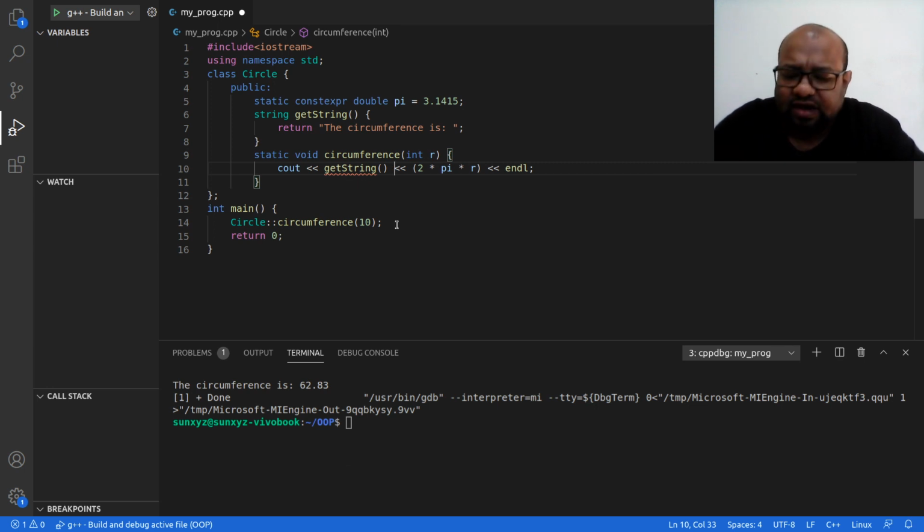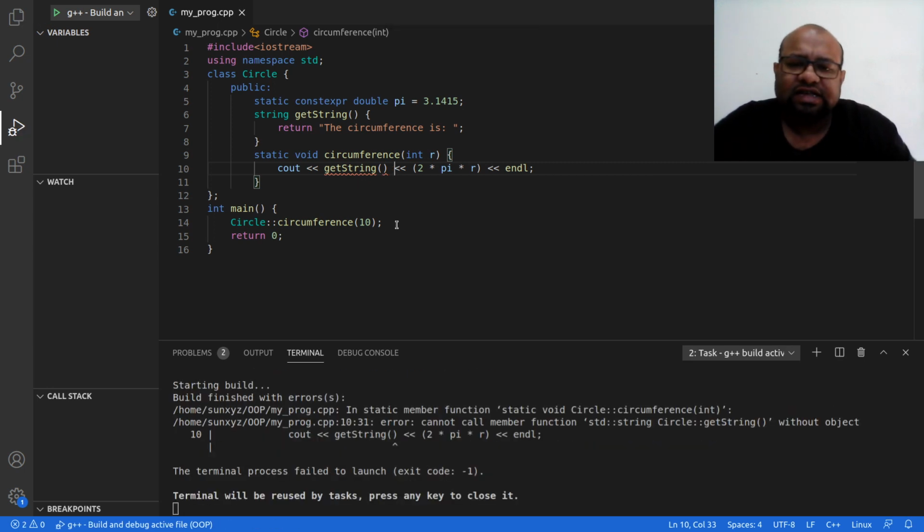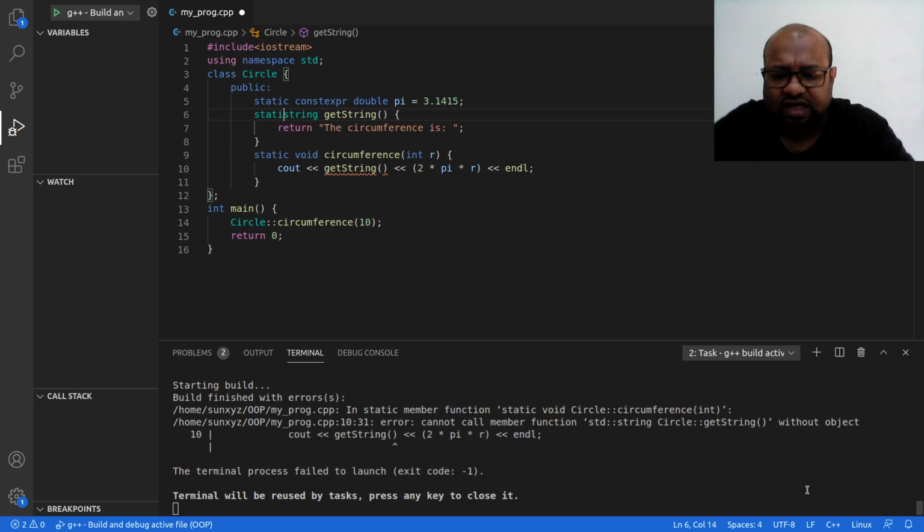Now the point that I am trying to show is that, just like I was unable to access a non-static data attribute inside my static method, I cannot call a non-static method from inside my static method. So I need to make this static as well.